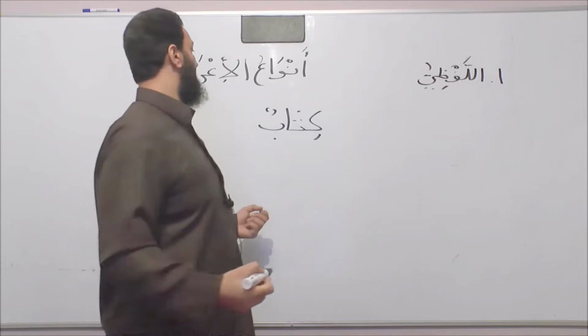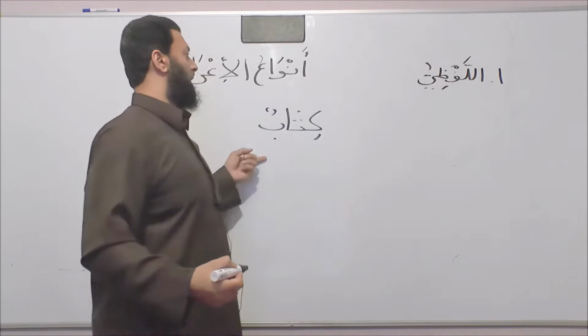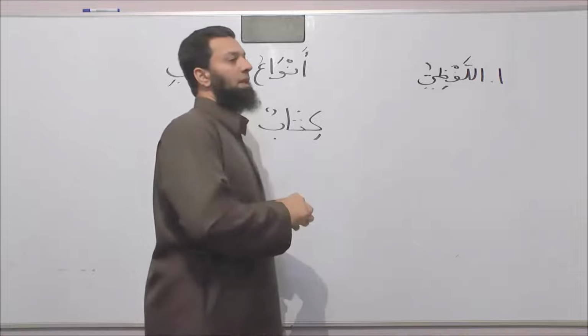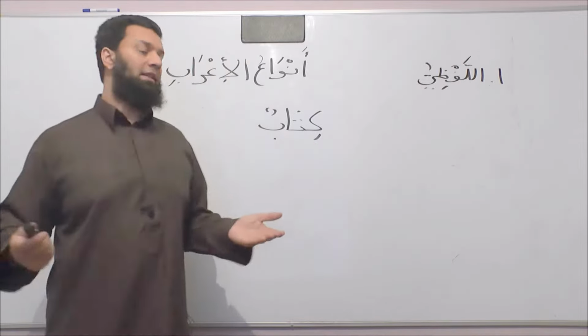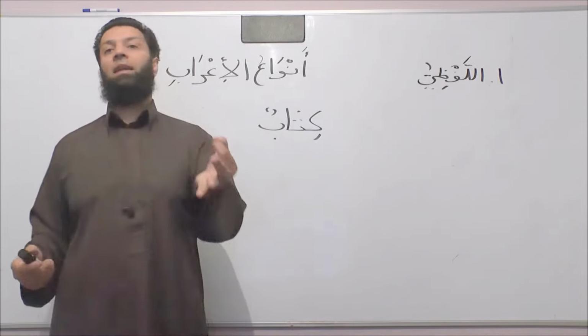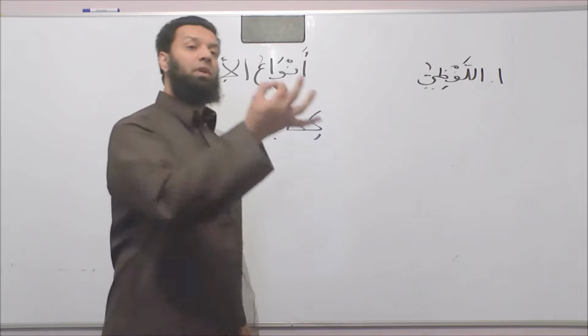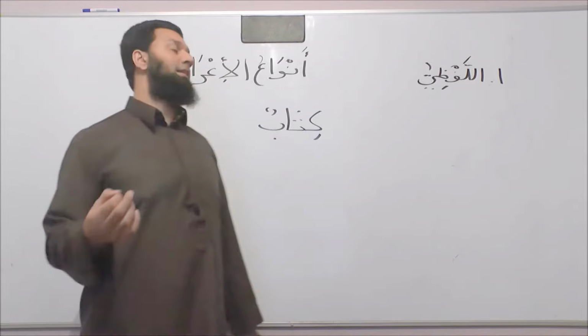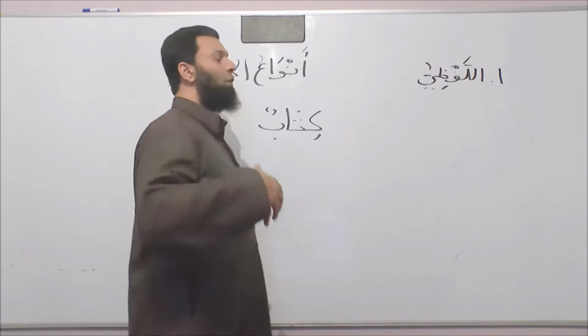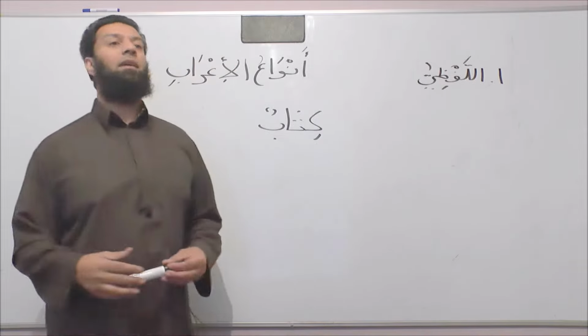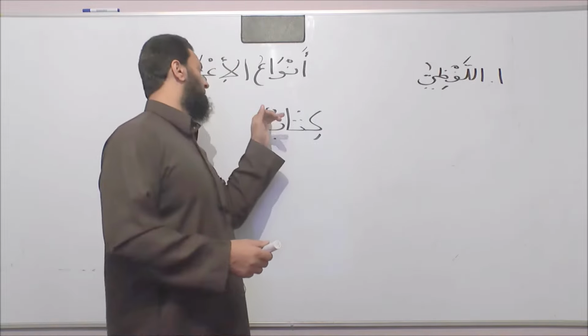We say that kitabun is marfu'un. And if we were to ask ourselves, well, what's the indicator, what's the alamatu raf'ihi? The indicator that it is marfu'un. We say that the indicator of it being marfu'un is